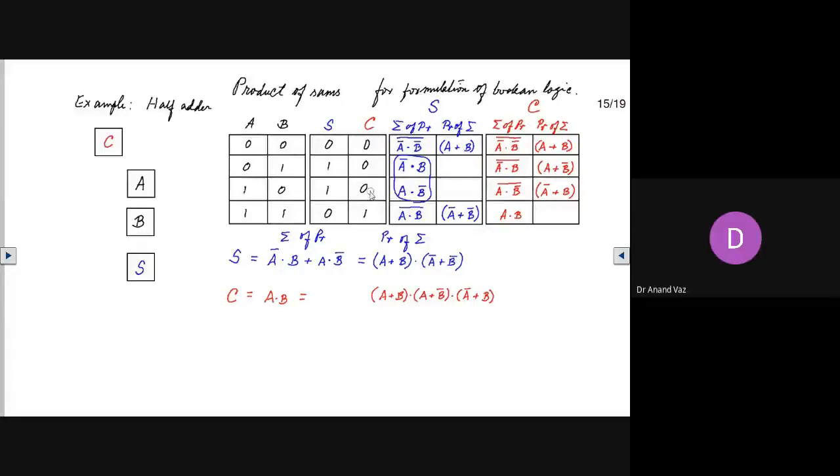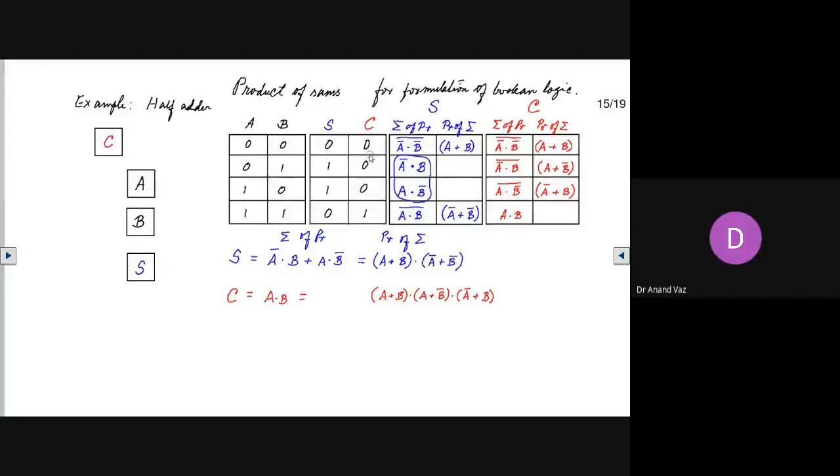So first of all, you identify wherever you have a 0. And then in the inputs where you have a 0, you keep the variable as it is, A or B, unlike the sum of products, unlike the fundamental products. So here you're performing a sum. So here you have A or B.